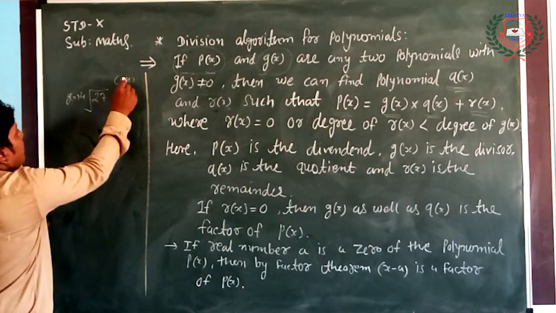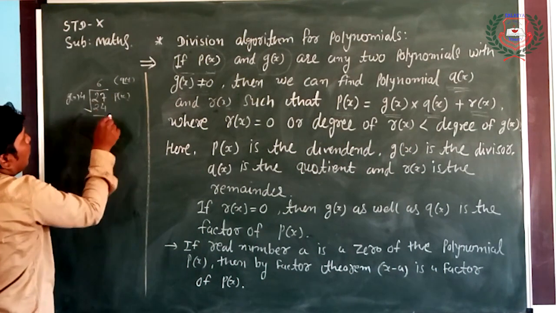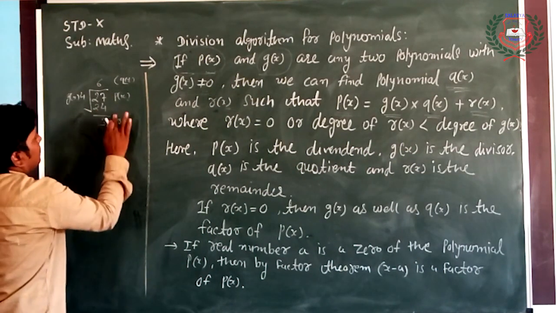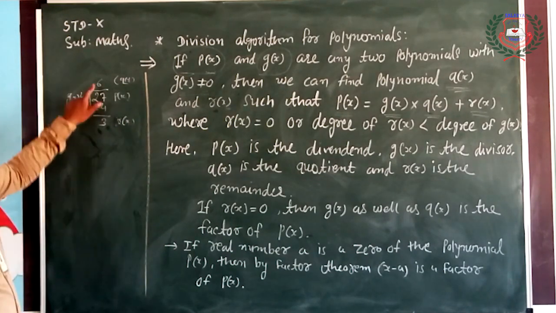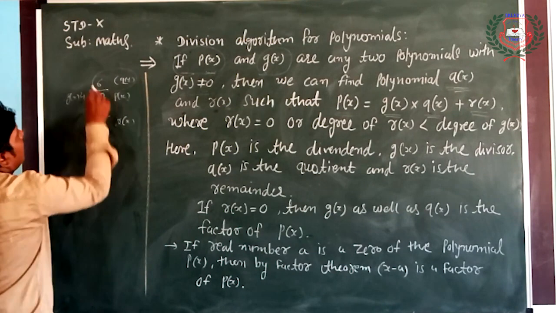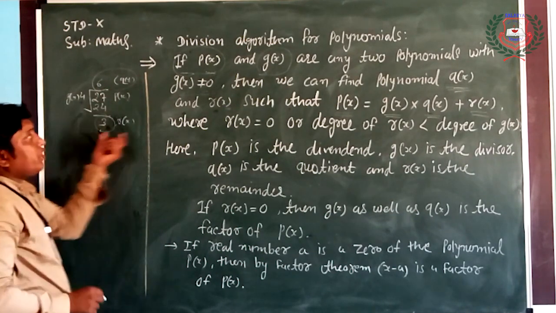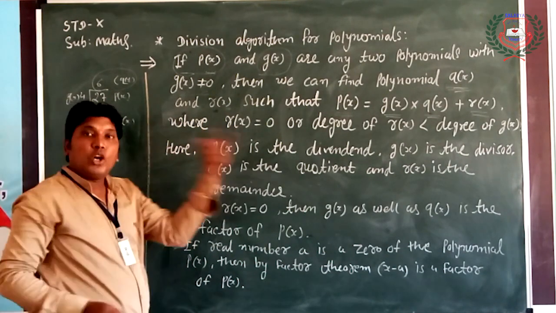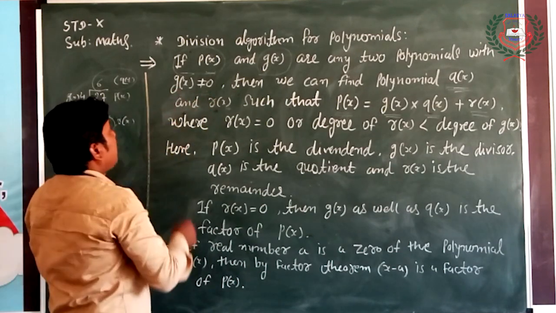That means how can we divide? 4 6 are 24 and 3 is your remainder. It is r of x. देखो बच्चों, जब हमने 27 को 4 से डिवाइड किया तो हमें एक q of x मिला, मतलब 6. r of x मतलब रिमाइंडर मिला. तो यही ये कॉन्सेप्ट है डिवीजन एल्गोरिथम. पर ये पॉलिनोमियल्स के लिए है, ये नंबर के लिए था, और ये पॉलिनोमियल्स के लिए है बिल्कुल वैसे.